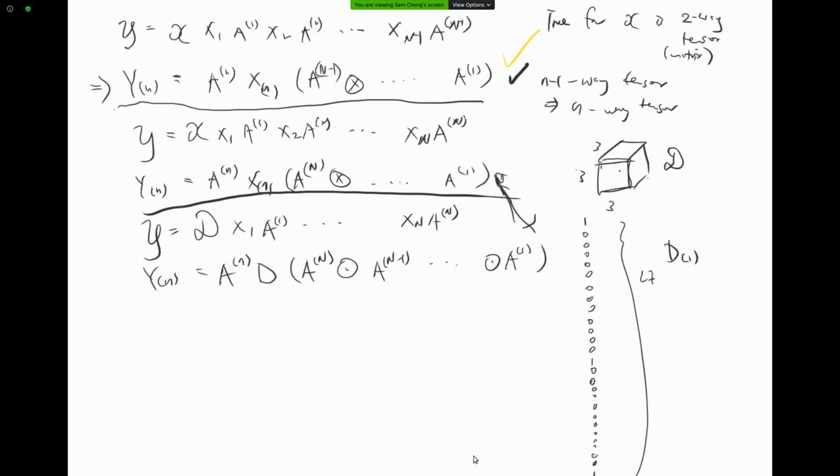So my D1 should be, let me rewrite this D1 again: 1 0 0 0 0 0 0 0 0, and then 0 0 0 0 1 0 0 0 0, and 0 0 0 0 0 0 0 0 1. Yeah, that's the D1. But we don't want that, right? There are these redundant all-zero columns here, and we just want to get the diagonal matrix. And D is just 1 1 1, that diagonal matrix here.